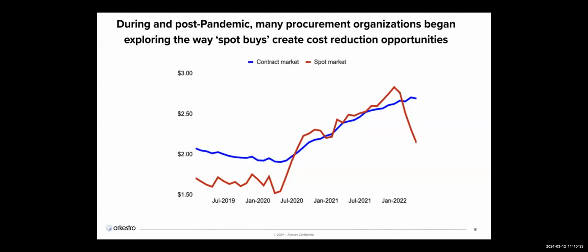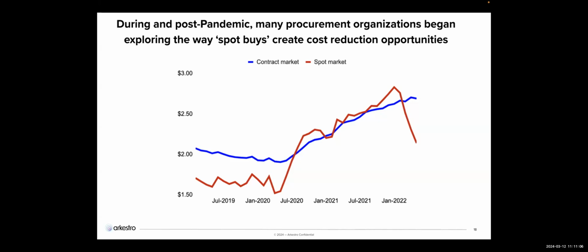So let's look at a specific pricing dynamic that drives this. So how can spot buys be strategic? Well, it used to be, and when I was doing procurement consulting, everyone said, oh, maverick spend is the worst. It's the enemy. Let's get rid of as much maverick spend as possible. Spot buys can be classified as maverick spend. So ipso facto, they are a negative. However, one thing that happened, and as procurement and supply chain has evolved since the pandemic, this is a graph